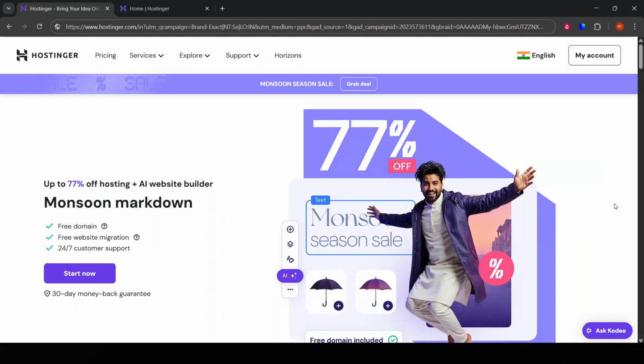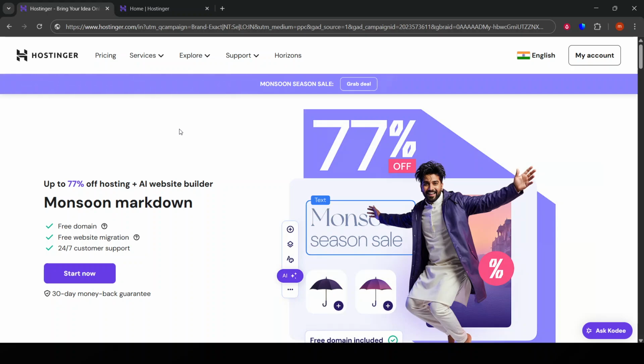First things first, you'll want to set up an account if you haven't already. Head over to Hostinger's main page and look for the Sign Up section, usually at the top right corner of the screen. You'll need to enter your email address and create a secure password. Once you've completed this, you'll receive a confirmation email. Make sure to verify your account through the link provided. This step is crucial as it ensures your account is ready for use and fully set up to handle your